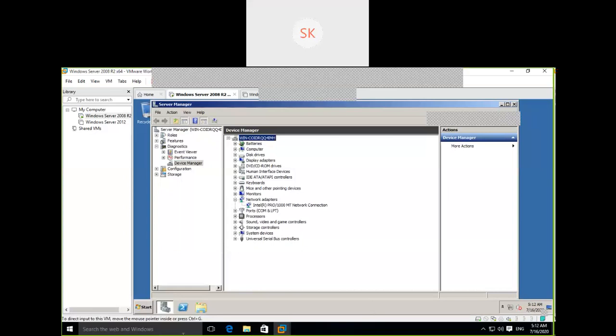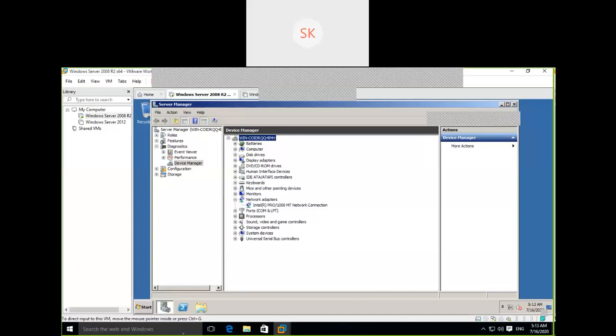What are drivers actually? Drivers are nothing but an interface, a handshake between the hardware and the operating system. We understood that the operating system acts as an interface between the hardware and the application. But for the operating system to work properly, it has to display content on your monitor. To do that, the display driver should be installed. If the display driver is not installed, whatever image we view is going to be blurred or something like that.